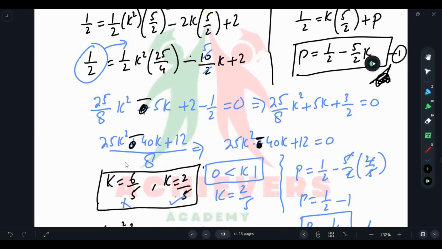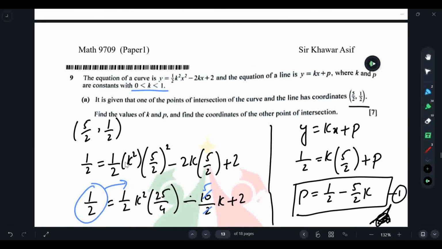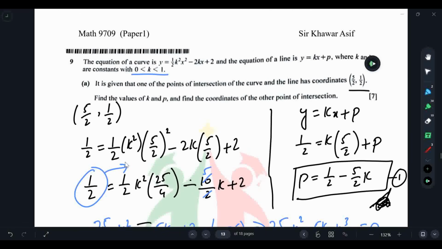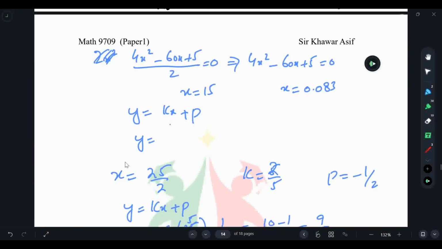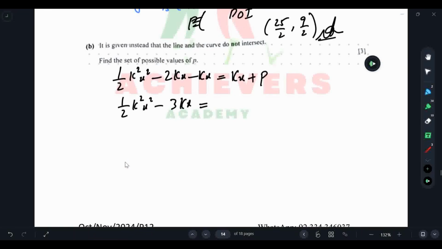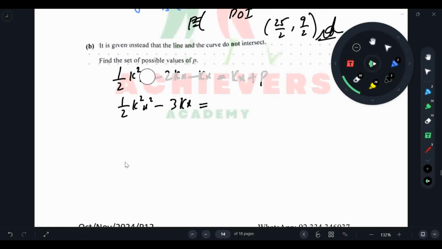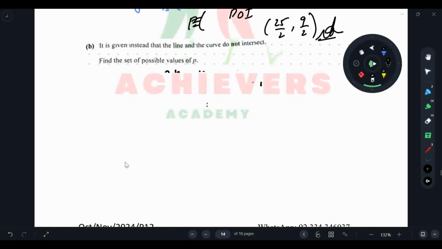Let me check the main equation. It was, okay, plus 2 is equals to y. So plus 2, okay, let me equate it again. The first equation was,